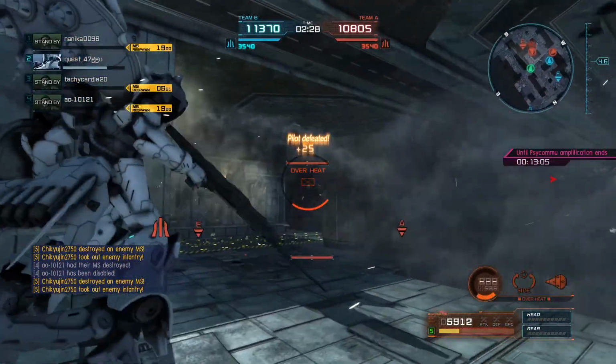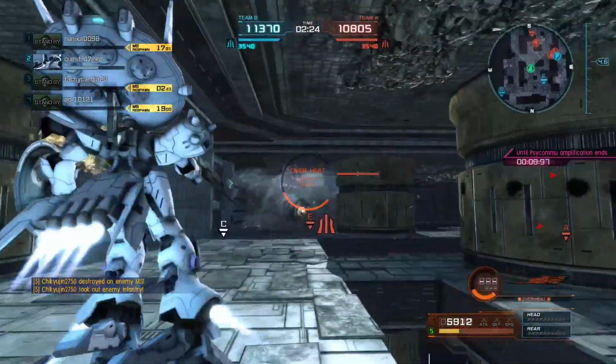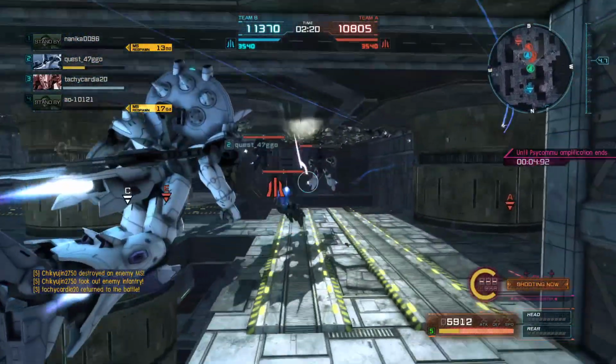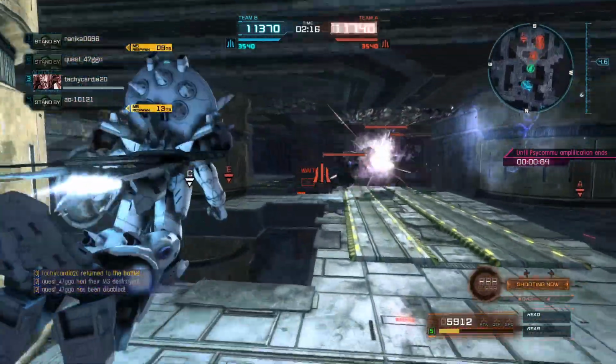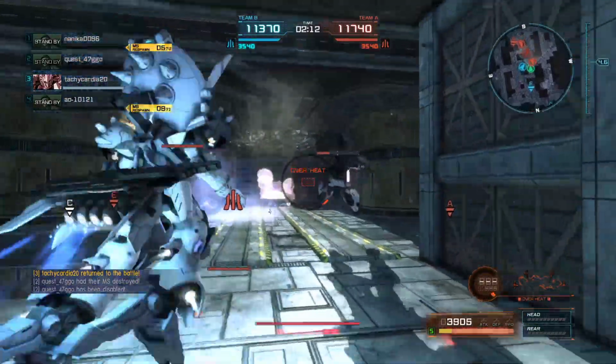I think I may even have used the leaders on that new Gundam. I'm not 100% sure. But I think all of my Psychomu weapons are overheated. Oh, there's the leader. Fire it now while you can. Almost out of health, almost out of Psychomu upgrade. Fired it, not sure it did anything, but...